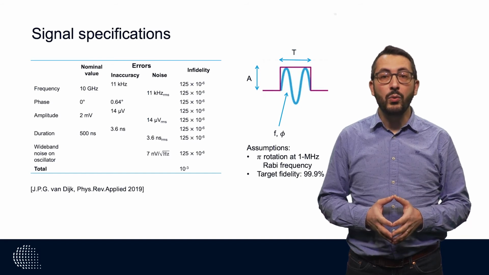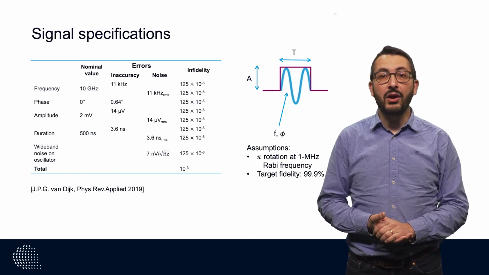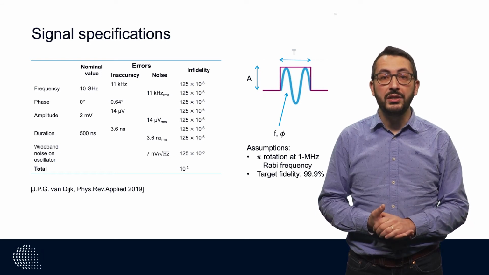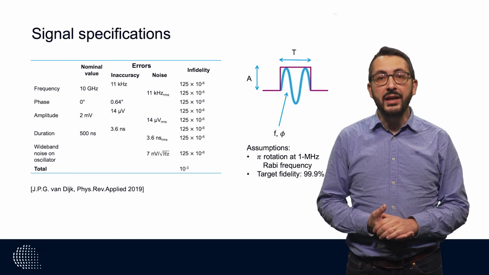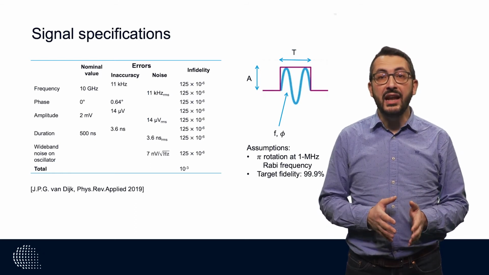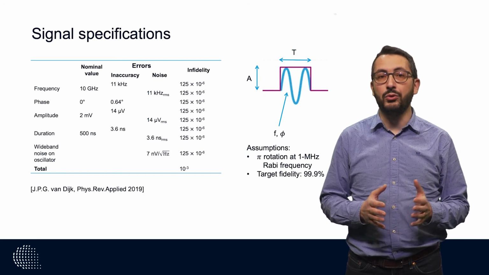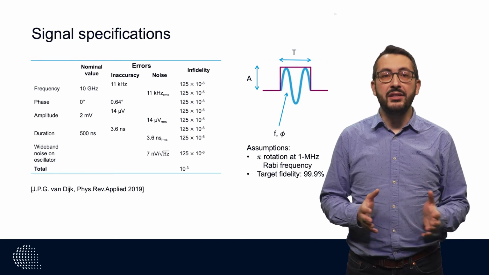If you do this, we can get a system that achieves the target fidelity. We then have to design a system that achieves all these specific values for all the sources of inaccuracy and noise. Mind, however, that splitting or budgeting the infidelity equally over all the sources of errors is not always the best thing to do. For example, some specifications are very easy to achieve.